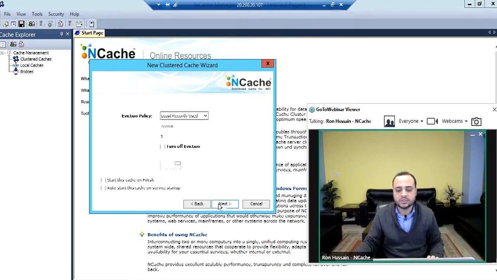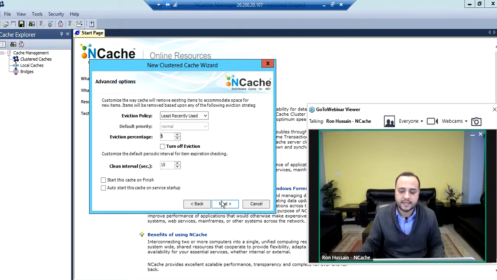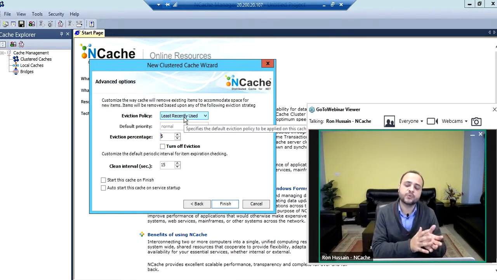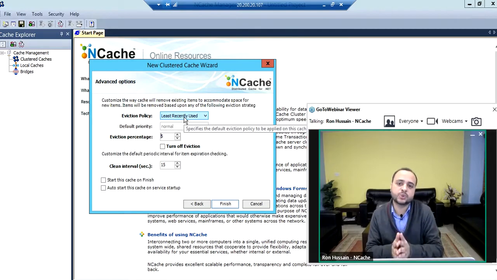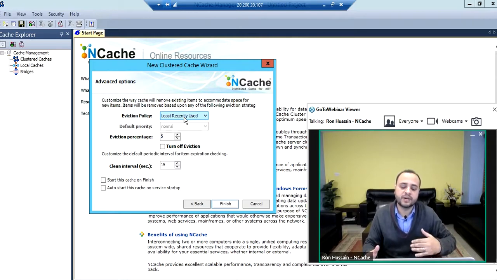So with those considerations, you can choose next, and you can provide any cache size as needed based on the data that you plan on adding. And then if your cache becomes full, there are two options. One option is that you reject new updates. The other option is that you keep the cache running, but remove some of the items from the cache automatically using